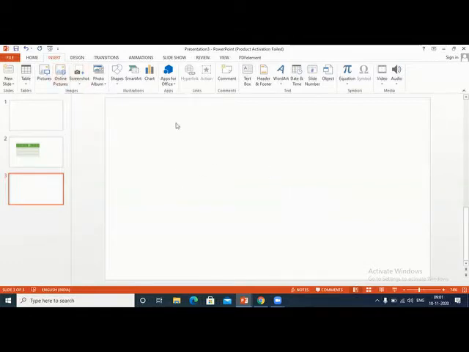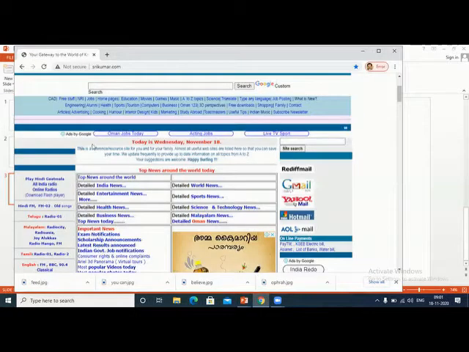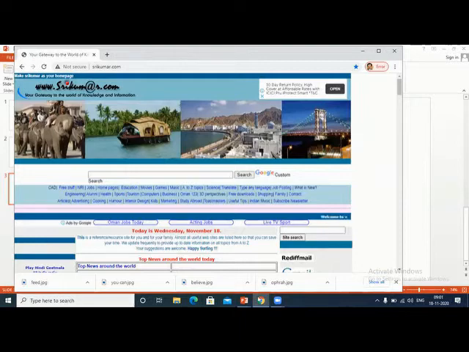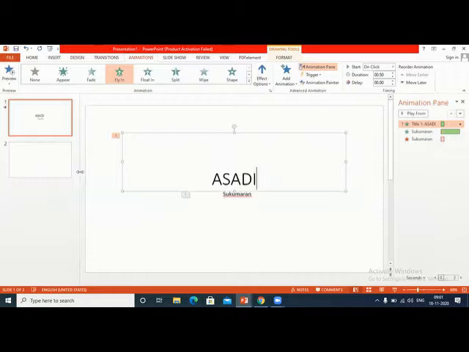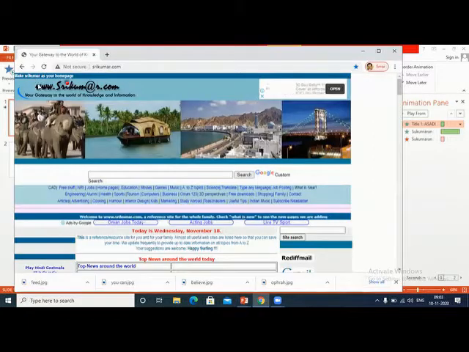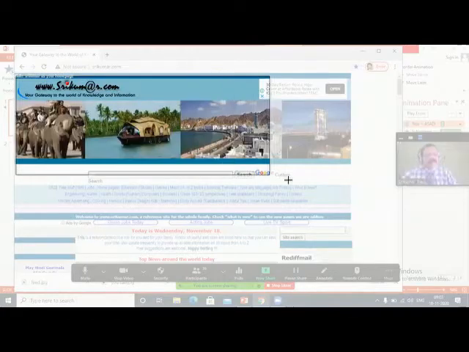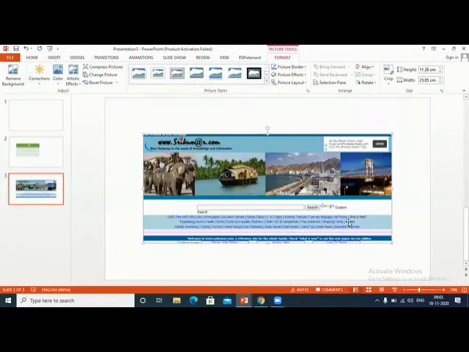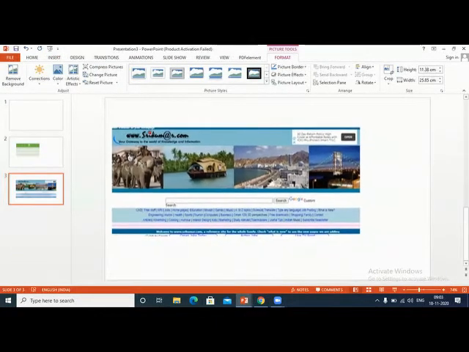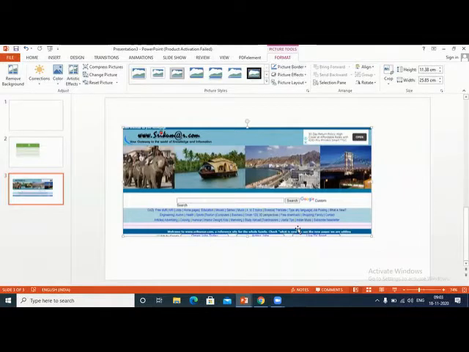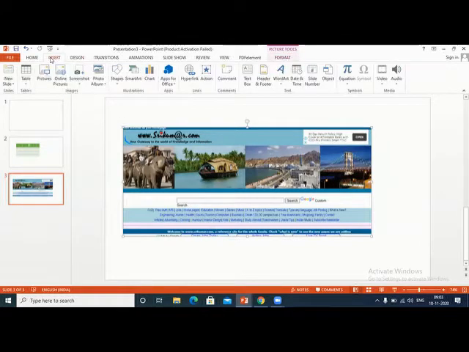If you want to bring any screenshot of something, for example, suppose you want to get a small portion of this, you go to Screenshot, Screen Clipping, and select whichever area portion you want. So that comes here. First you have to keep the page which you want to copy, then use the screen clipping. So this is a very useful command, screenshot.